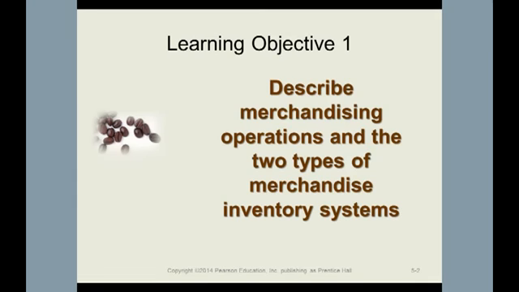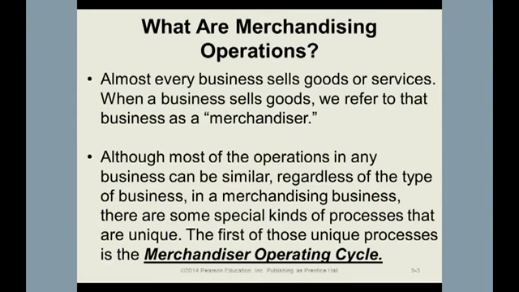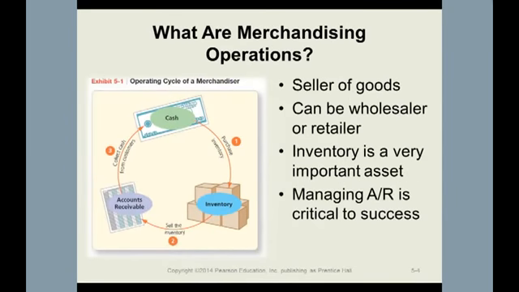Anyone that sells goods and services is known as a merchandiser, and obviously we just talked about this before we started the class with respect to the operating cycle of a merchandising company. If you look at the cycle, we're just taking a piece of that cycle now. The importance of the cycle is the fact that when you carry inventory, you're tying up cash for a period of time that hopefully isn't too long, because you don't want to have money invested in inventory that you cannot sell. Also missing from this cycle, of course, is the fact that you could buy on credit and have trade payables in there.